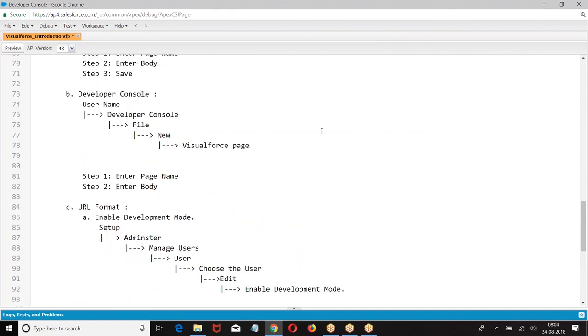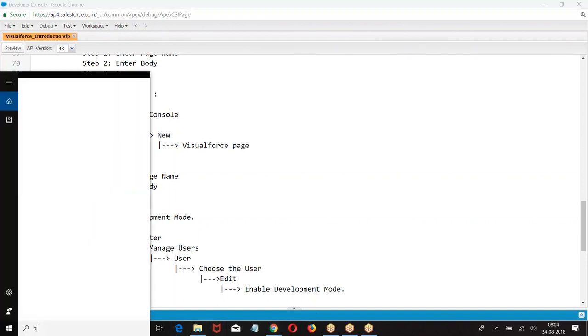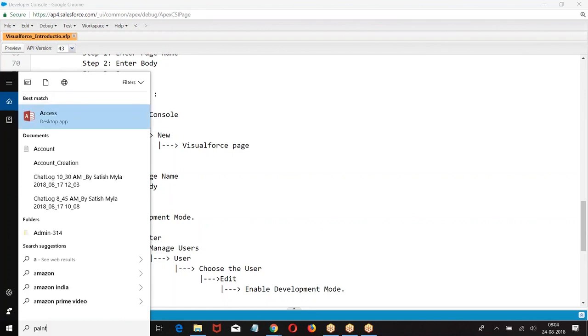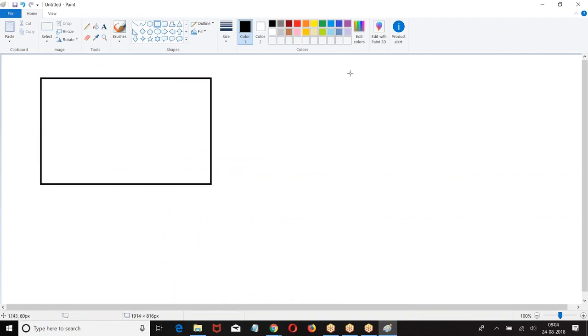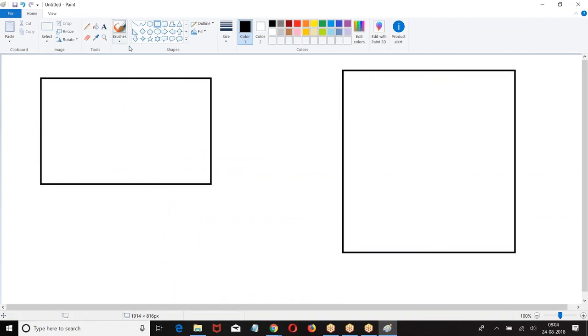How the MVC architecture of Visualforce is there. Till now we have seen the general structure of Visualforce. In terms of MVC, how it is implemented. Now look at this. If you look at the MVC, model view control.